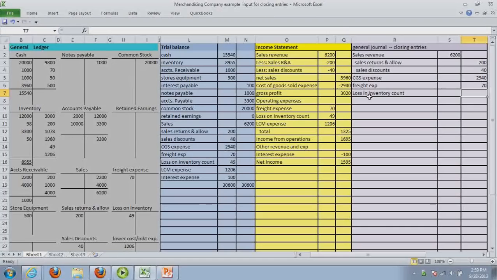And that's the $49. The revaluation of inventory using lower cost or market is the LCM expense. And interest, your finance charges. Okay, so there's your giant closing entry, a compound entry. And what we should expect to see,